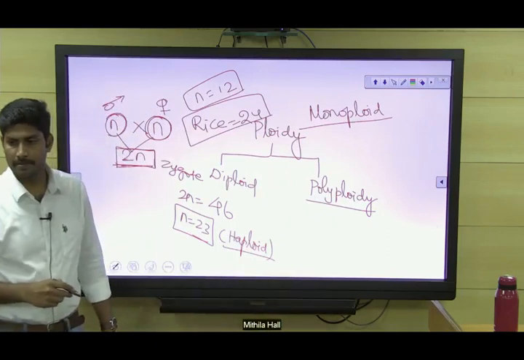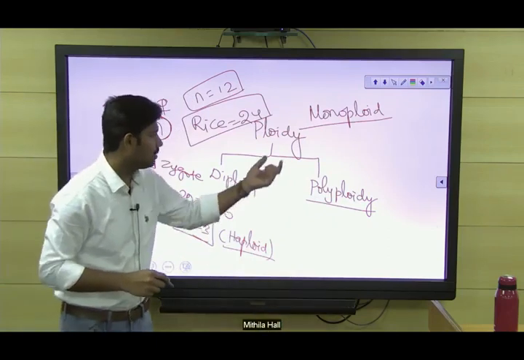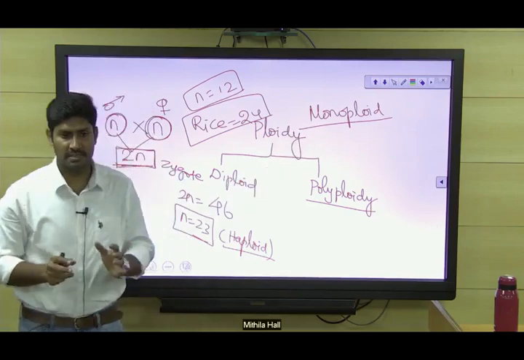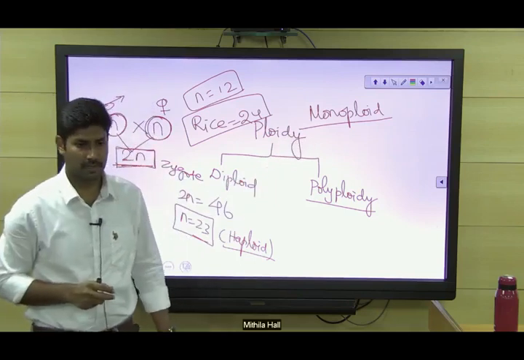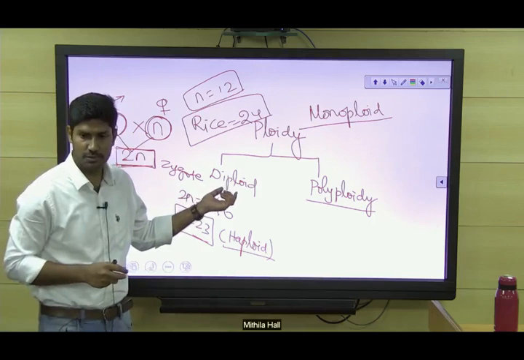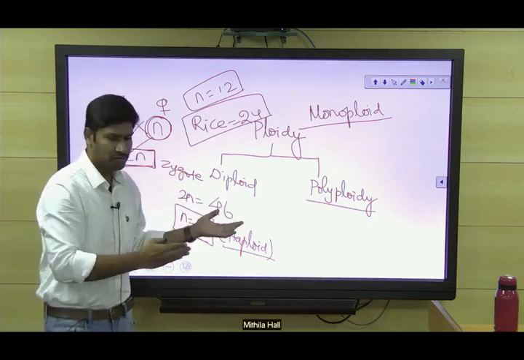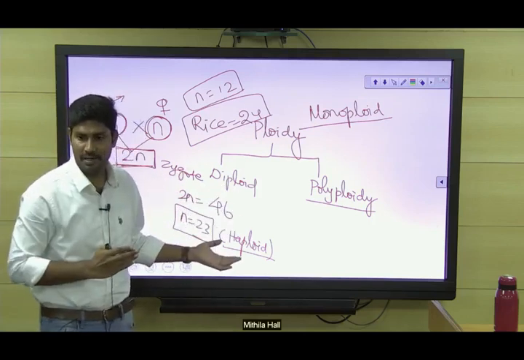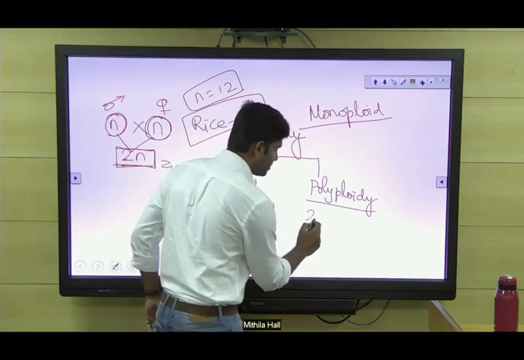Monoploid. So the haploid and the monoploid, it means single set of chromosome. Normally individuals have 2 sets of chromosomes, and from the 2 sets of chromosomes, half the chromosome number is called a haploid. For example, in wheat,